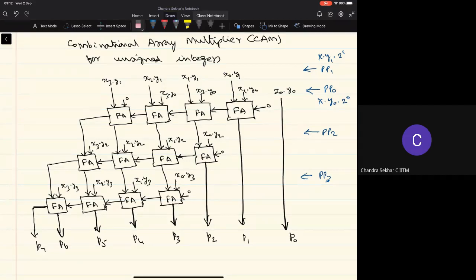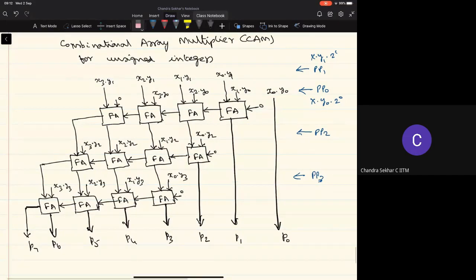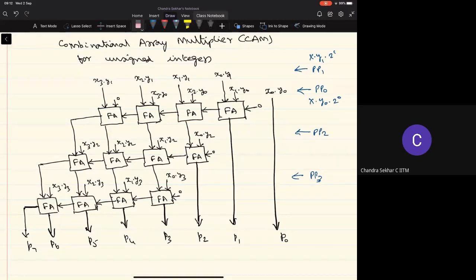Okay. So what do we get as the output of the first full adder circuits in the top row here? We get the sum bits corresponding to the sum of PP0 and PP1. What is to be done next? To that sum, we need to add PP2, right? So that's exactly what we are doing. We have generated PP2 here, which is x y2 2 power 2. So x y2 is generated by x0 y2, x1 y2, x2 y2, and x3 y2, and then